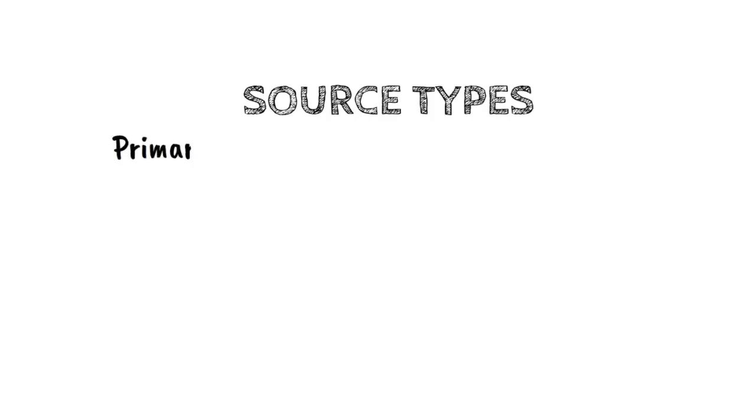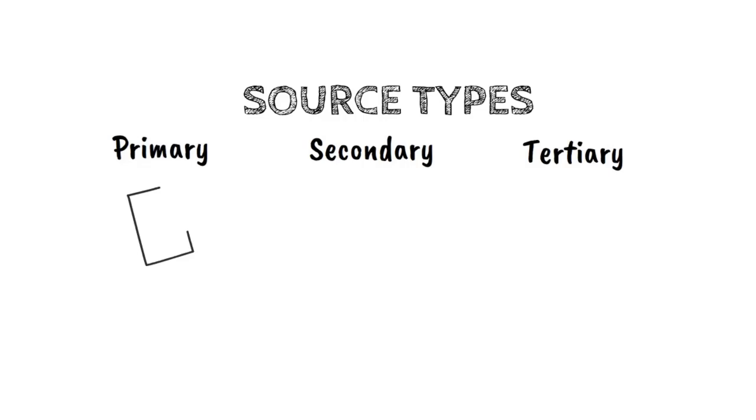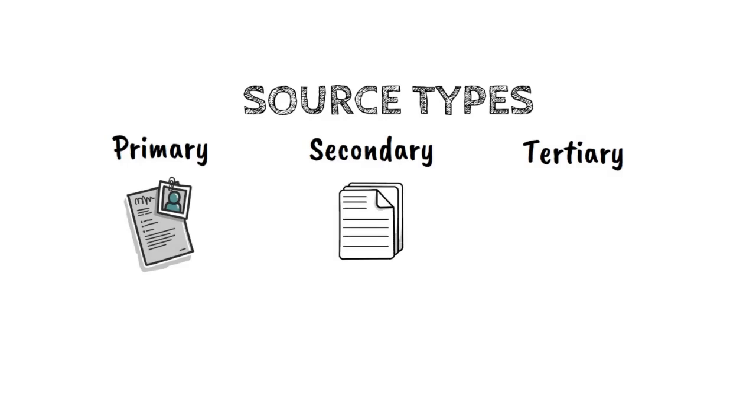You may have heard about primary, secondary, and tertiary sources before. Broadly speaking, a primary source is one that you, or authors writing secondary sources, are analyzing. The secondary source analyzes one or more primary sources, often in conversation with other secondary sources. And a tertiary source is one that summarizes, compiles, or distills information from primary and secondary sources from a broader perspective.